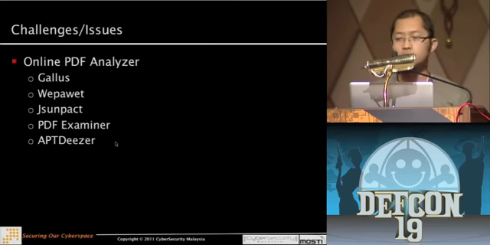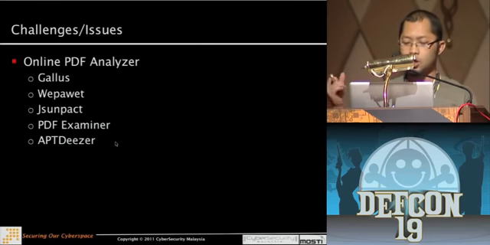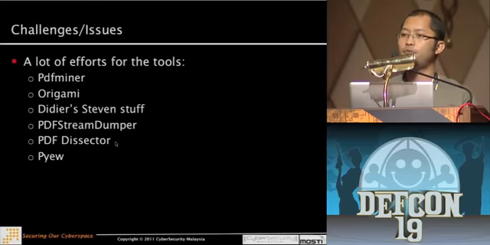The one that we built is called Gallus. And then there are Wepawet, JSUnpack, and PDF Examiner. And the last one is also built by our friend, our previous presenter, a PDF analyzer called APT User. So still, all these applications that have been built